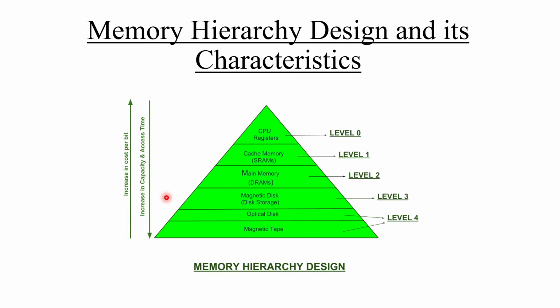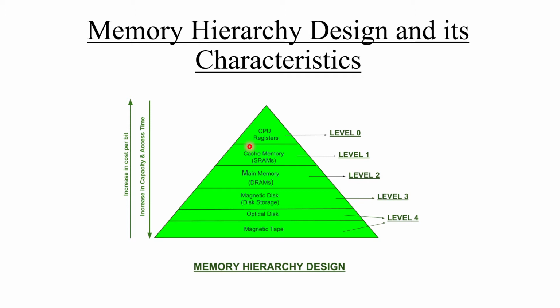And now, what is memory hierarchy? Hierarchy is nothing but different levels. The memory in a computer can be divided into different levels based on speed as well as use. Look at this memory hierarchy diagram. It is a hierarchical pyramid for computer memory. Here we could see that the memory is divided into different levels.